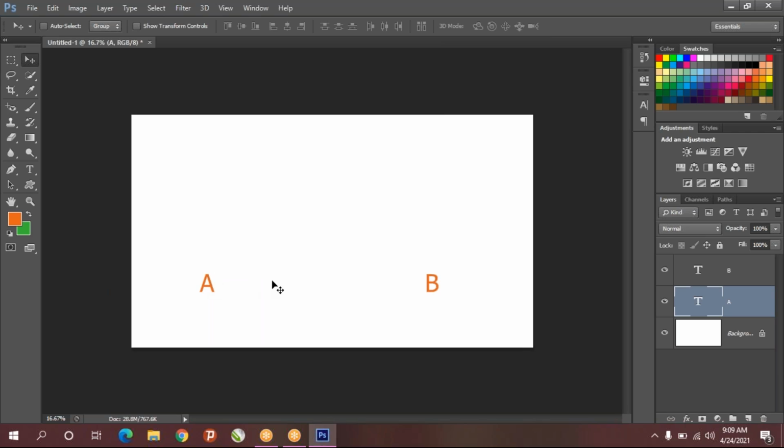Okay, so we'll see what is the use of the pen tool. For example, we have 2 points, A and B. Just press P for pen tool, or you can go here and click on pen tool, and just one click will make 1 point. And if you do one more click, it will make one line. So now 2 points are created and one line is created, and this is called a path. This is not a selection, this is called a path.